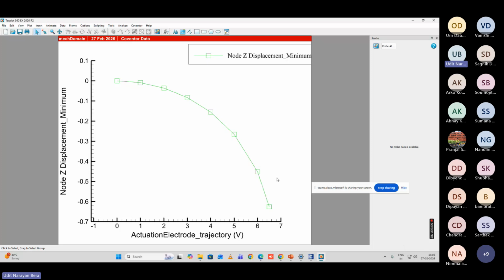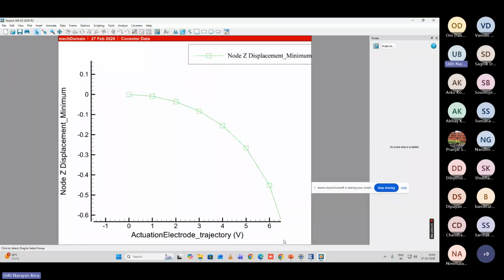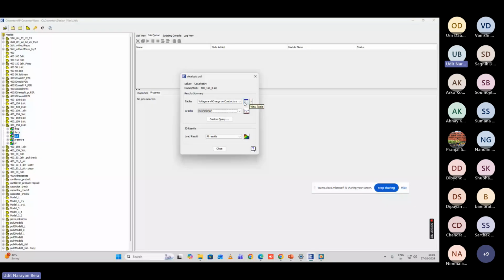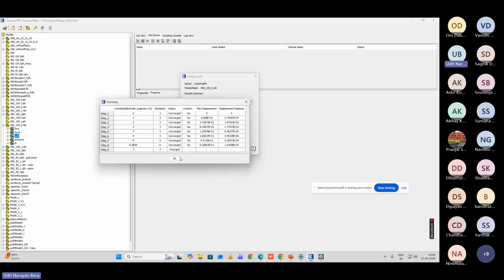After that, the cantilever will no more be in the operation region. So this is how, when you are changing the voltage, your pull-in is changing. Okay. Similarly, if I show you here the pull-in voltage summary, in this graph you can see that